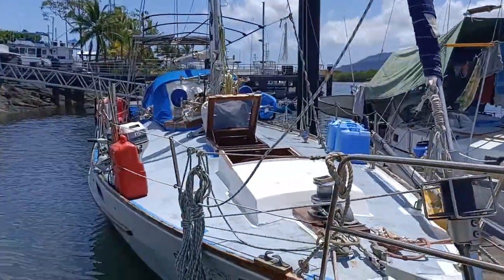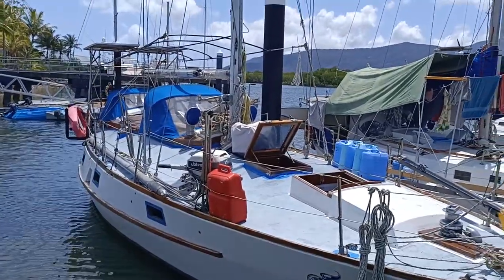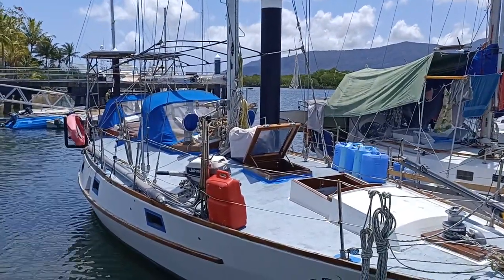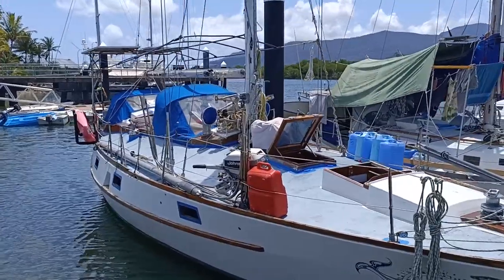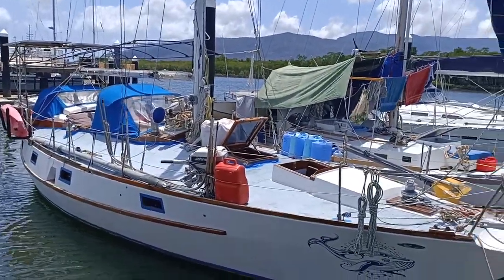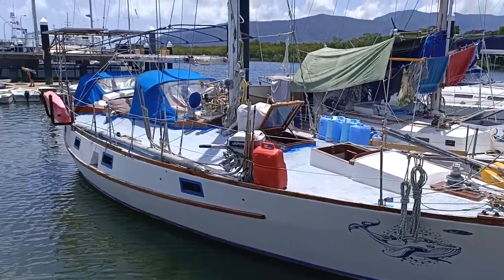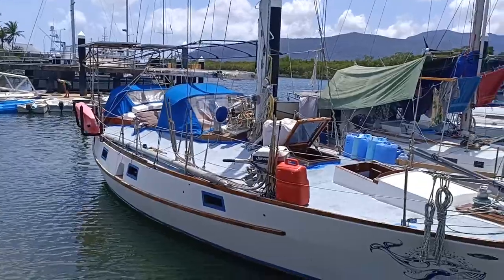set about fixing a lot of those things, and there's still some things to be done, but essentially I'd still say she's a semi-project boat, but you'll see a lot of the stuff that has been done, especially internally, is pretty spectacular. I've been cruising for 10-11 years, and I really think this is a boat that's going to suit